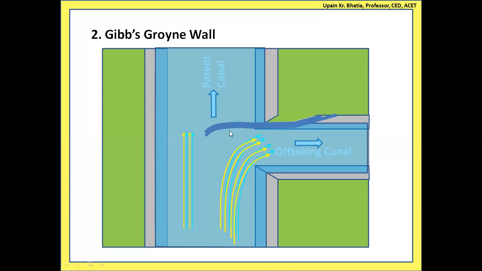So somewhere they will be obstructed where the hole is not available, because passage will be provided in the form of holes. So holes are only intermittently available, not along the entire length of this groin wall. So that's why most of the bottom layers will find their way to the downstream side into the parent canal itself. Only the upper layers which are hitting this groin wall but not finding any passage will be diverted into the offtake channel. So this way, by providing a sufficient number of rectangular holes in the bottom portion of this wall, you can reduce the silt content in this off-taking channel.